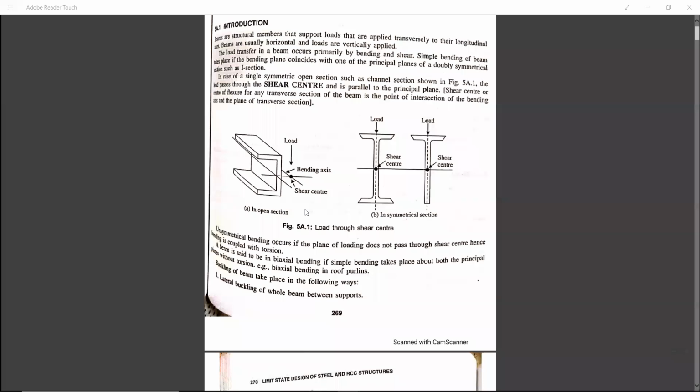Good morning. We'll start with beams. This is module 5 of our last unit of the design of steel structures. Beams are generally transversely or laterally supported members carrying horizontal or vertical loads. These beams transfer load through simple bending, shear, and double bending shear in symmetrical I sections. There are various sections used for beams.